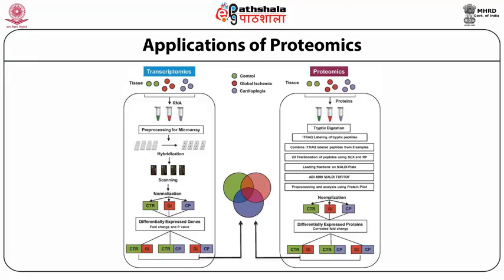How are these two techniques different? In the case of transcriptomics, we take tissues from the various treated samples and isolate the RNA, and after isolating this RNA we preprocess it for microarrays. After hybridization and scanning, we get the differentially expressed genes which represent the transcript profiling of that particular tissue. In the case of proteomics, we take the tissue, isolate the proteins, and this leads to